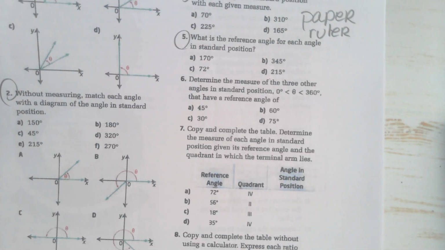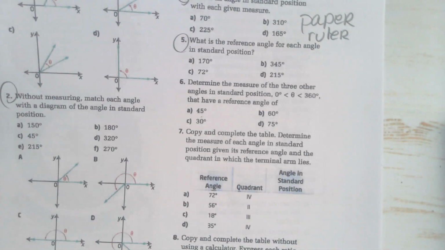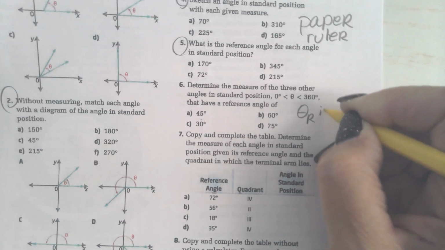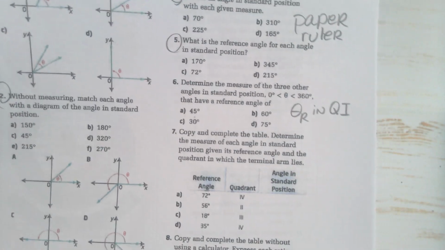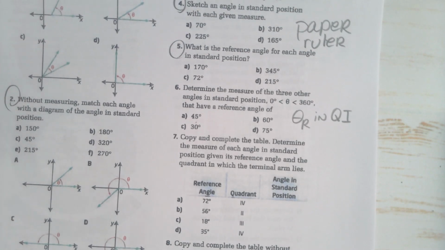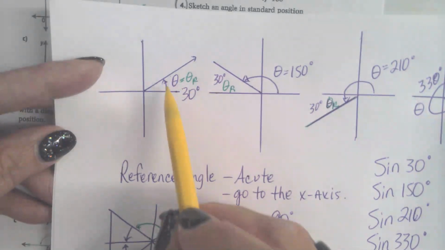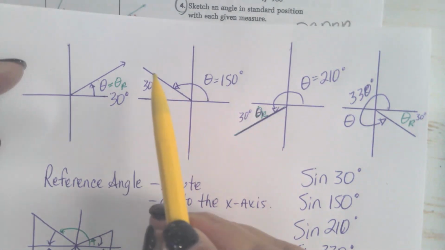Determine the measure of the 3 other standard position angles if you have a reference angle that is 45 degrees. So they're giving you the reference angle in quadrant 1. What would all your standard position angles in the other quadrants be? So think back to this, right? A 30-degree reference angle in quadrant 1 was 30 degrees, but a 30-degree reference angle in